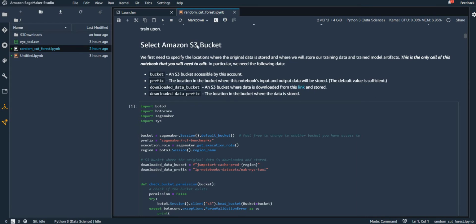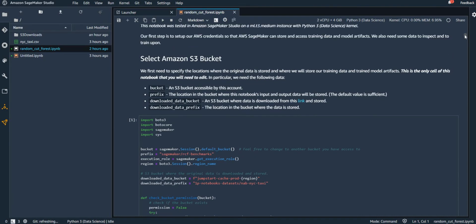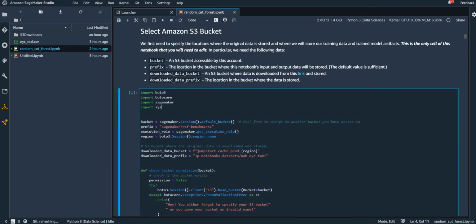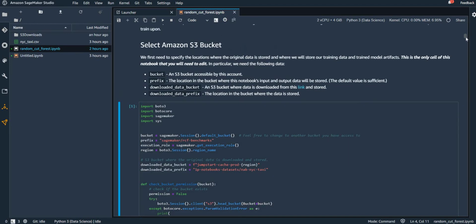So the first aspect is to select an Amazon S3 bucket. That bucket is where we'll be storing our data, and also pulling the data from. So we are selecting a bucket. First we'll be importing all the required packages, including sagemaker, which is an inbuilt package for AWS SageMaker.